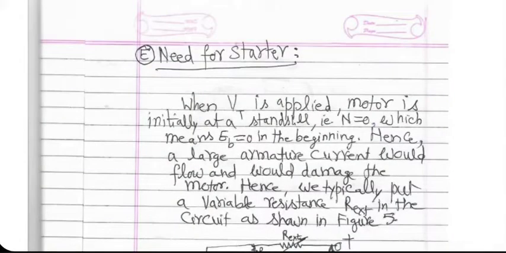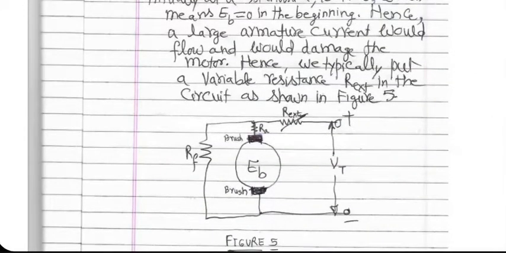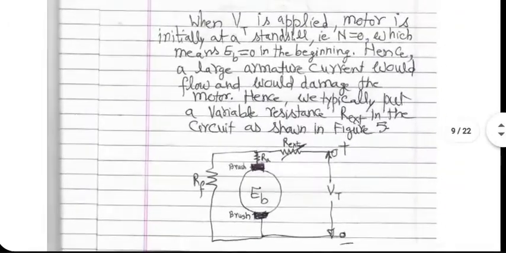Of course, practical implementations have a lot more detail, but the conceptual part is the same. A variable resistor has the highest value in the beginning, and as the motor starts picking speed and Eb becomes higher and higher, you gradually reduce the value of this resistor. I have done it myself in the lab several times with my own hands. They train you how to use this starter carefully. Of course, nowadays electronic starters have come in, so you don't have to do anything mechanically. But electronic starters also essentially use electronics to change the resistance value from high to low as the motor starts picking speed.